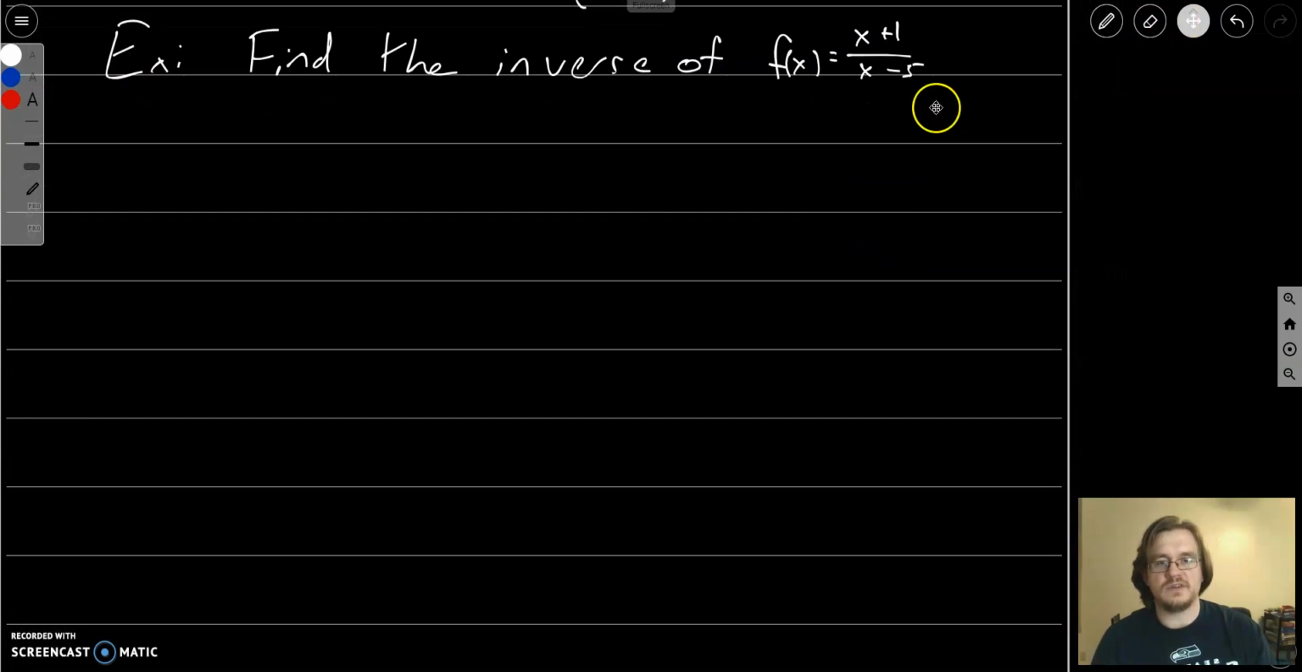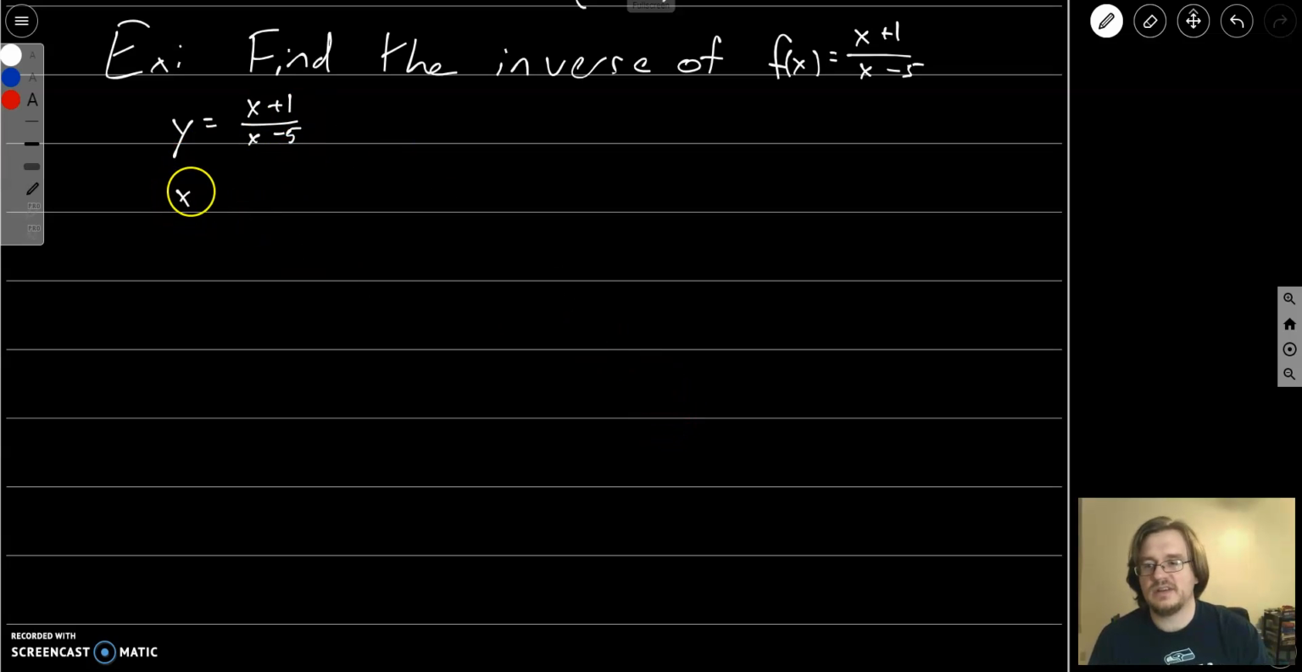So let's find the inverse of x plus 1 divided by x minus 5. Again, we start in the same way. We let y equal the output to the function. Then we switch inputs and outputs. So we're going to have x is equal to y plus 1